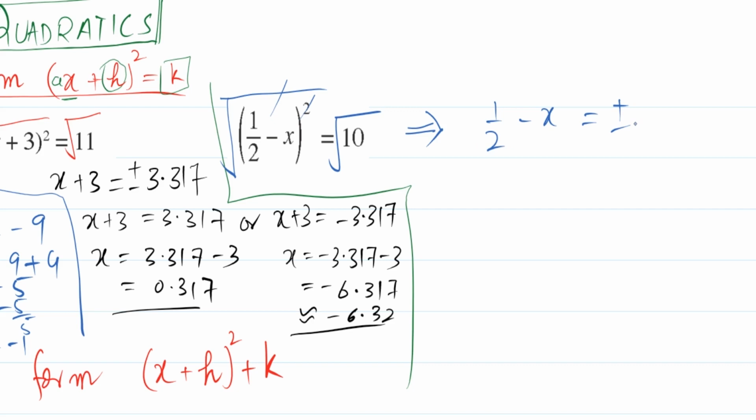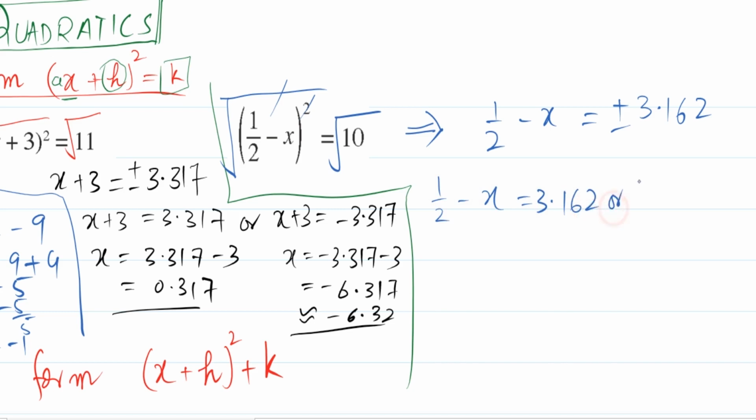3.16227. So that will be 3.162. I will take it correct to 3 decimal places or 4 significant figures. Why? Because the final answer is better given correct to 3 significant figures. So throughout the calculations, we will keep the answers correct to 4 significant figures, means one level higher than the required one. So on the left side, we will have 1 over 2 minus x is equal to